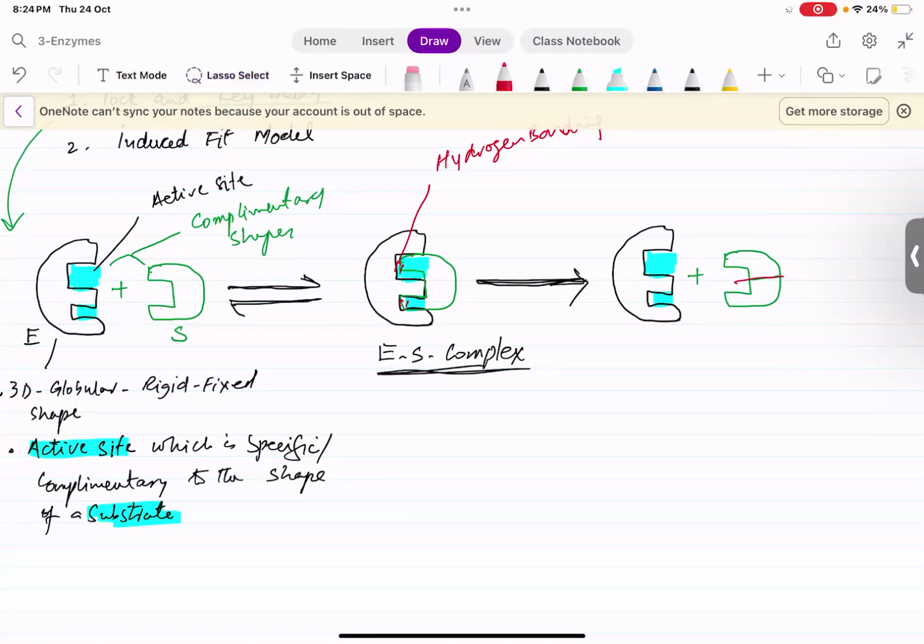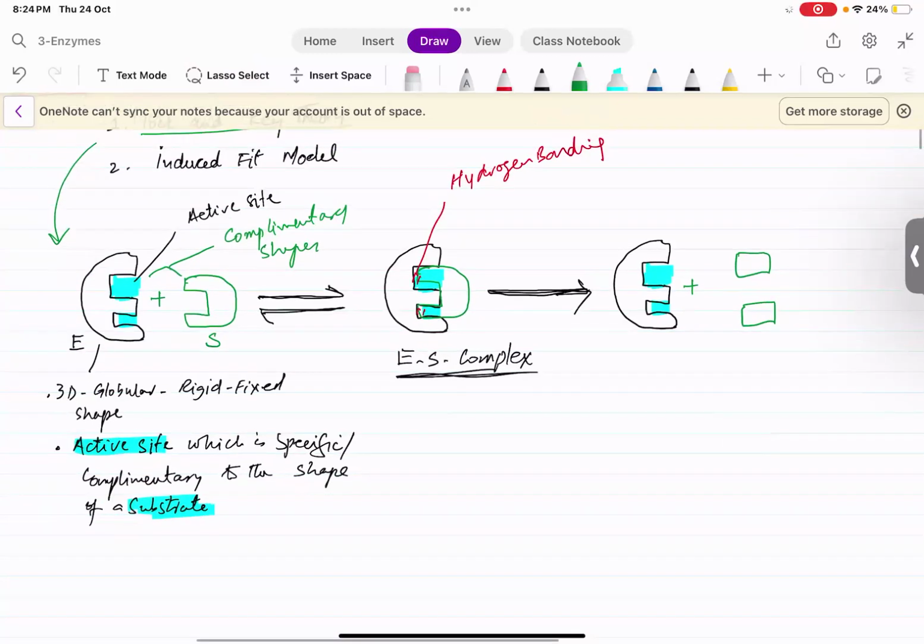So this part may be converted into two molecules of products, and this enzyme molecule remains unchanged. This is unchanged. So according to this hypothesis,